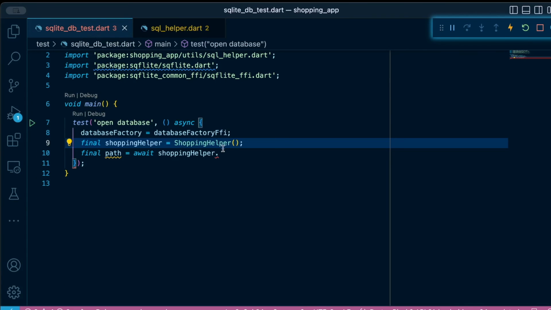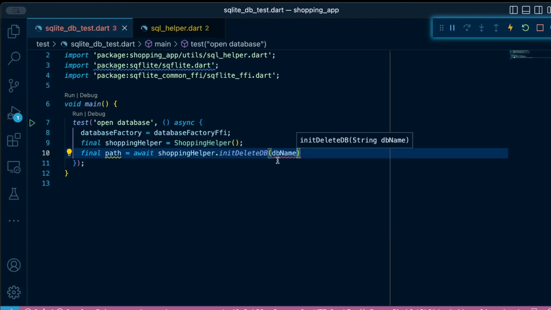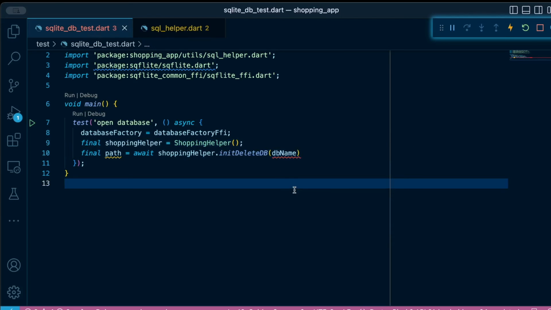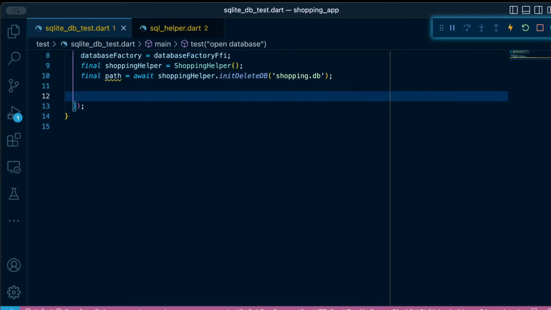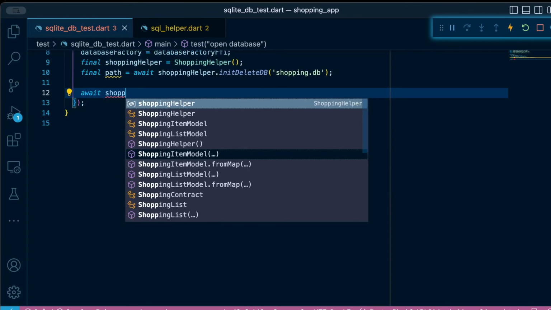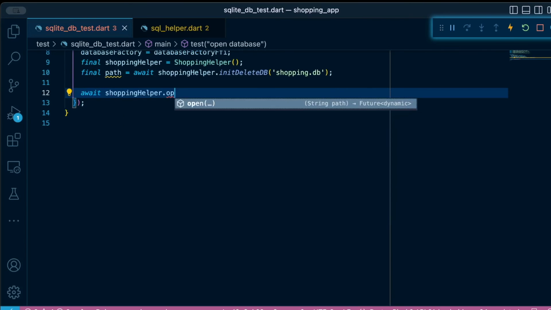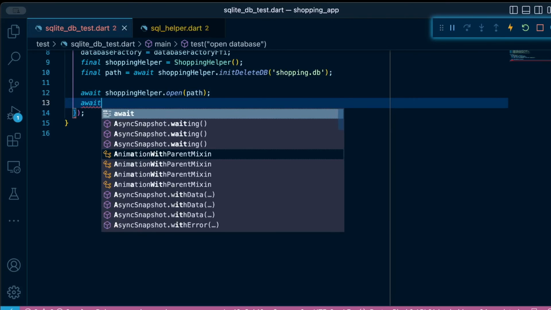So we'll proceed to use this init delete and specify the database name. Now that we have that, we can proceed to open it. Shopping helper dot open, and then